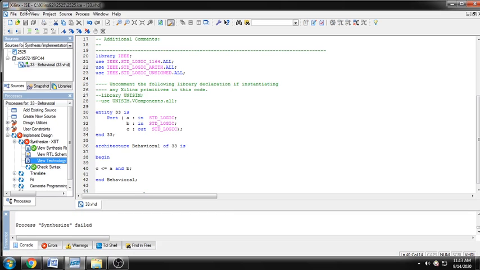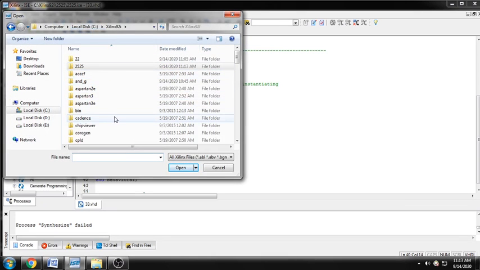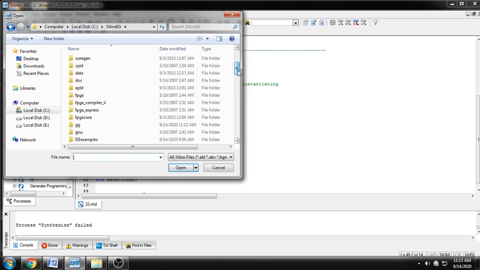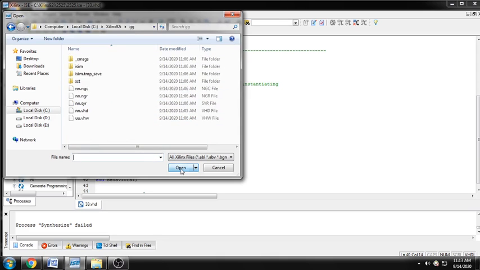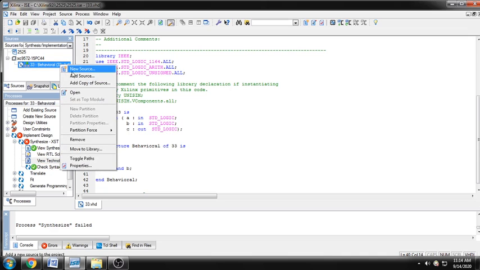You can see here I am selecting the program from here, because I have already made this program. In my previous program which I have already made, you have to select the new source.